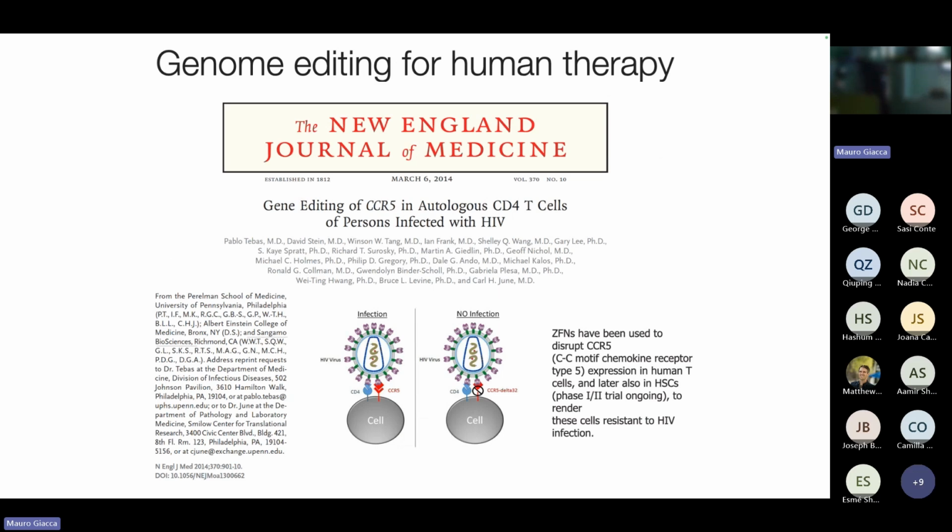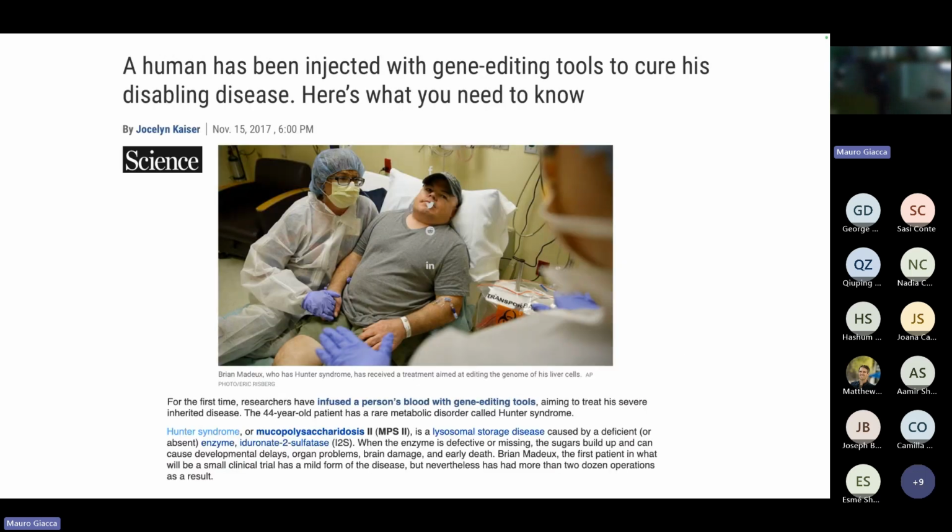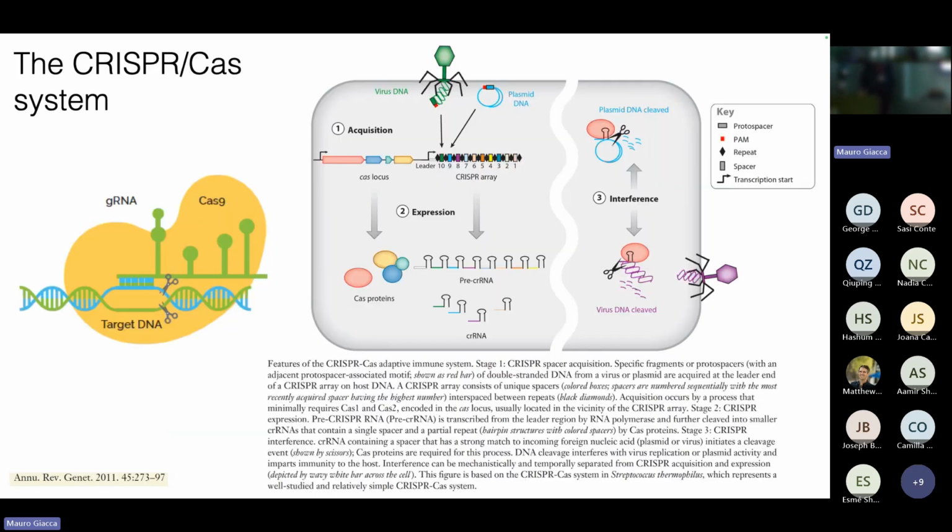They arrived at a clinical trial for HIV, to destroy one of the receptors of HIV. This is the first gene editing therapy that reached patients. The same principle was tried for mucopolysaccharidosis, but efficiency was by far too low. So all of these were abandoned because in the meantime there has been the discovery of the CRISPR-Cas9 system,